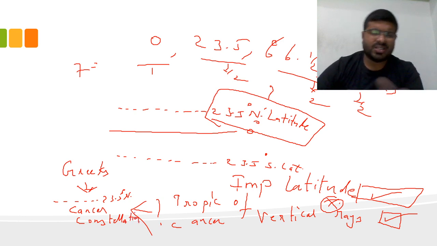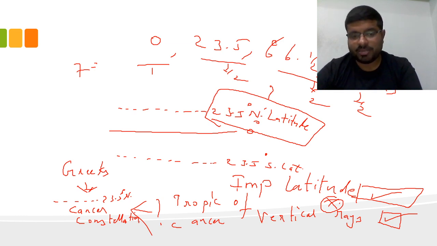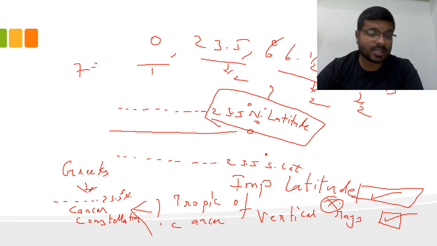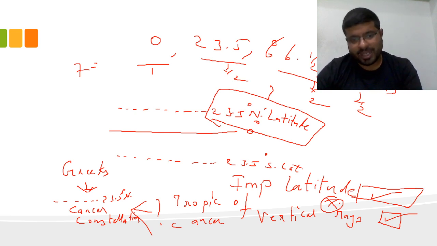This is geographical knowledge, etc. Nobody will ask you this as part of the preliminary exam. So 23.5 degrees north is named so because it is located near the Cancer constellation. Now the Cancer constellation might not be there. Mind you, because the universe is expanding, the constellations then and now have slightly changed.